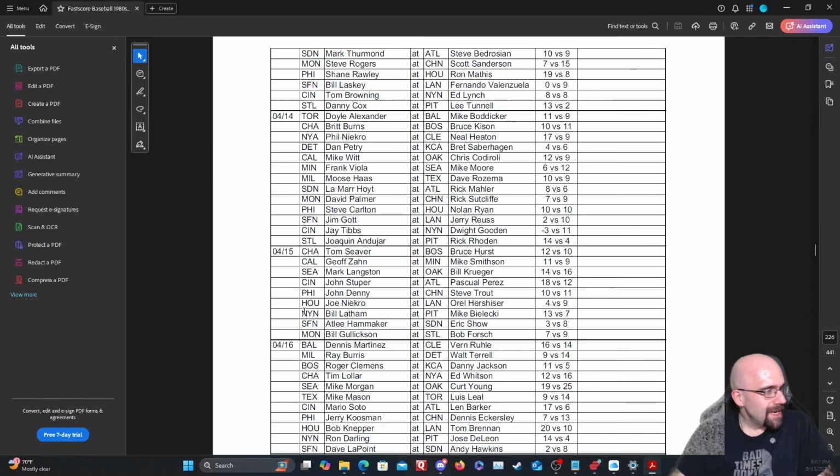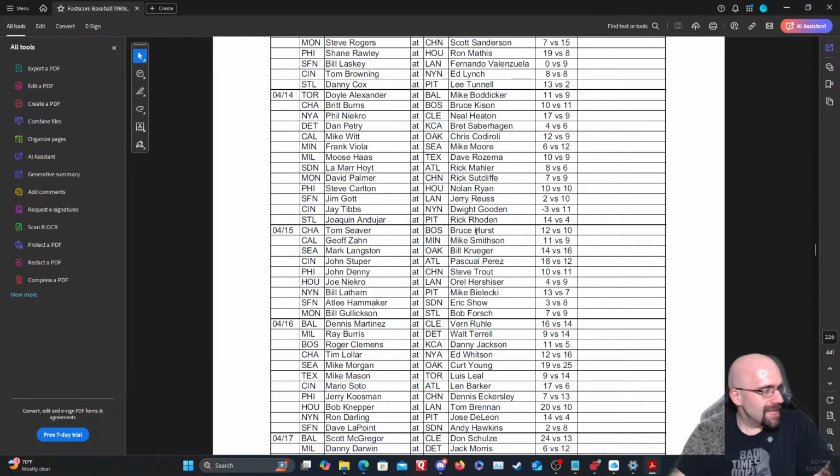Tax Day in 1985. We've got the White Sox, we've got the White and Red Sox, the Angels and the Twins, Mariners and the Athletics, Reds and the Braves, Phillies and the Cubs, Astros and the Dodgers, Mets and the Pirates, Giants and the Padres, and the Expos and the Cardinals. I think for this one,